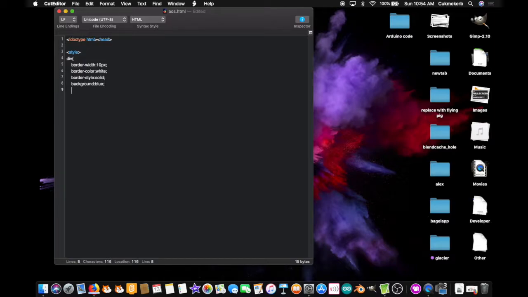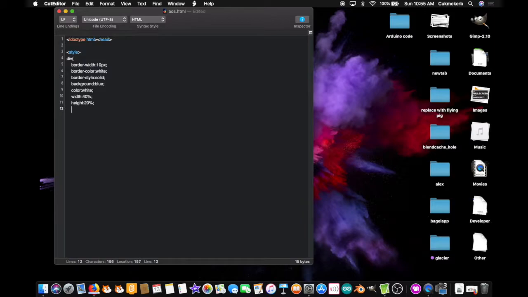So it's going to be blue. And now color: white. That's for the text. And width: 40%; height: 20%;